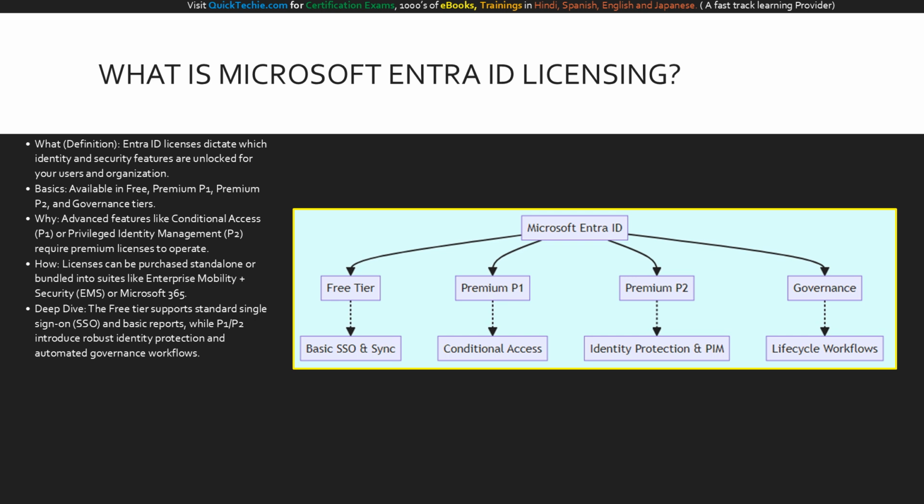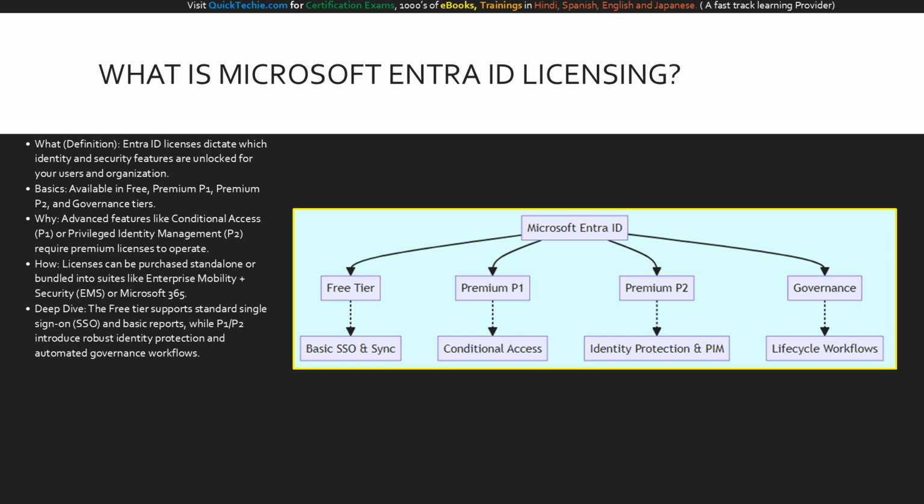Premium P1 branches down into conditional access, which is crucial for modern zero-trust security. Premium P2 takes it a step further, pointing directly to identity protection and privileged identity management. Finally, the governance tier introduces automated lifecycle workflows. Understanding this hierarchy is your first step as an Azure administrator to ensuring you purchase and deploy the correct tier